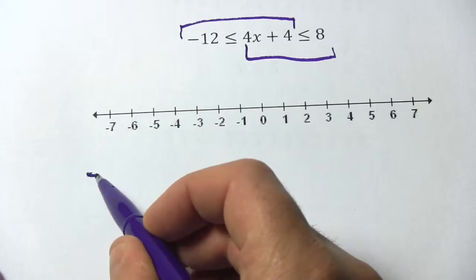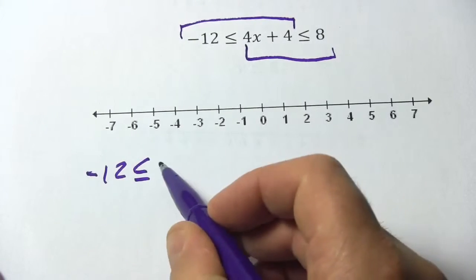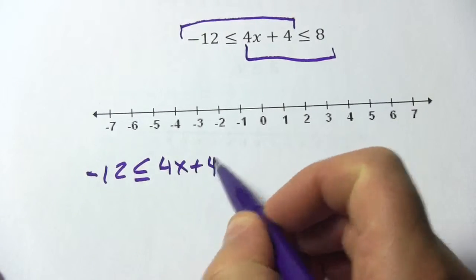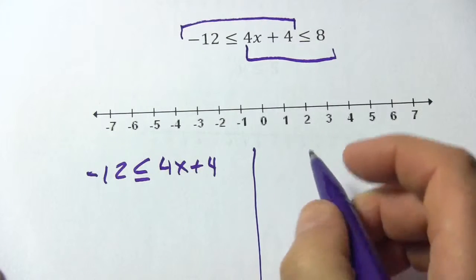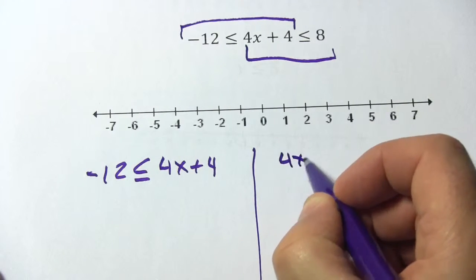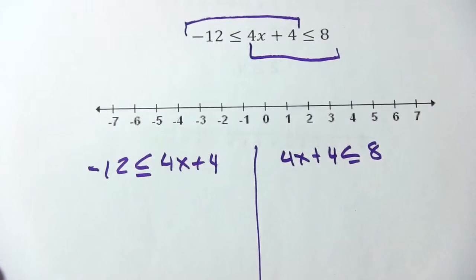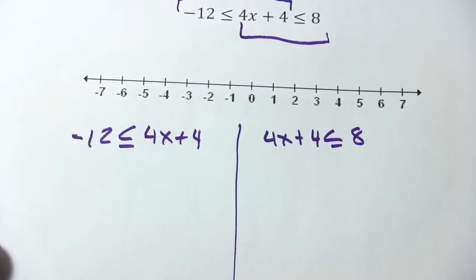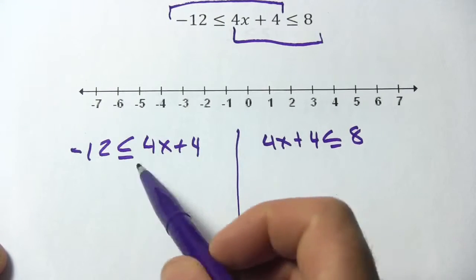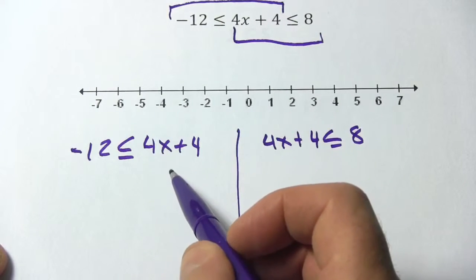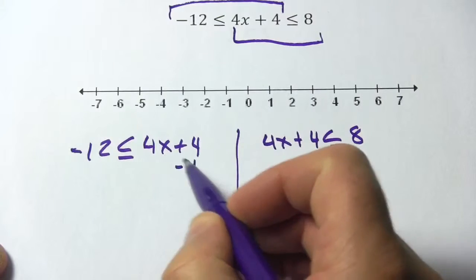The first one is negative 12 is less than or equal to 4x plus 4. And the second one, I'm going to draw a line here, is 4x plus 4 is less than or equal to 8. To solve a compound inequality, you're going to need to solve both of those chunks. So let's start. I want to get x alone, so I'm going to subtract 4 from both